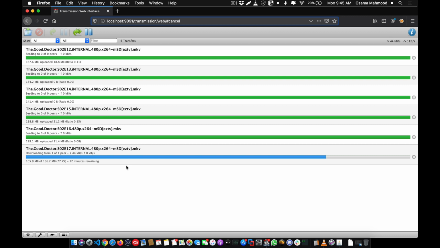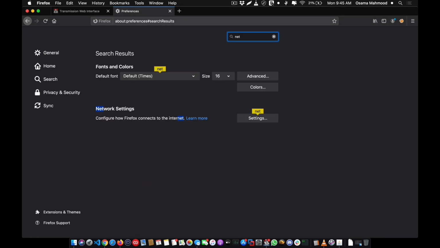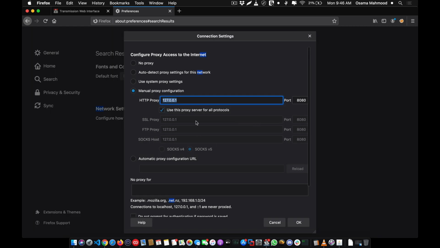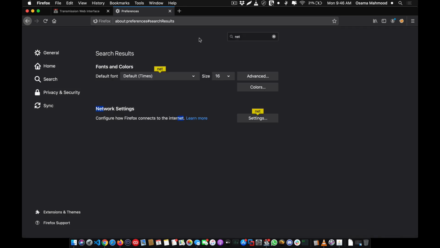So how you can fix it is, it is due to the browser configuration that does not allow us to intercept any local host traffic. Like you can see over here in the network proxy configuration that connections to the local host are never proxied. So it is configured inside the browser settings that if there is a proxy enabled in the browser, don't send the localhost traffic through the proxy.